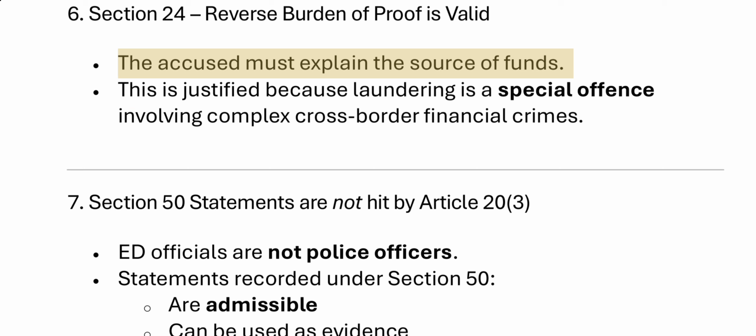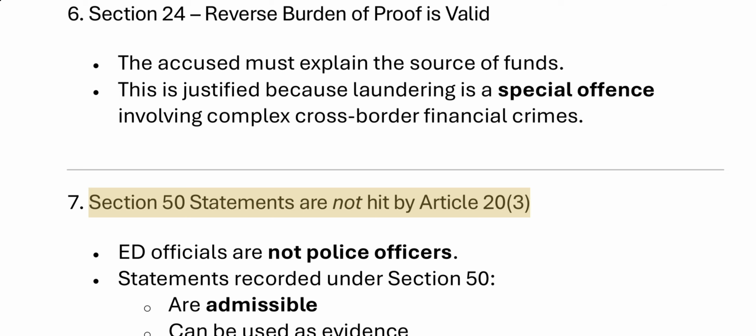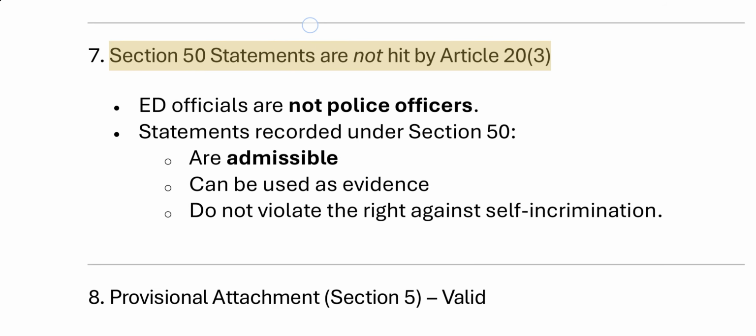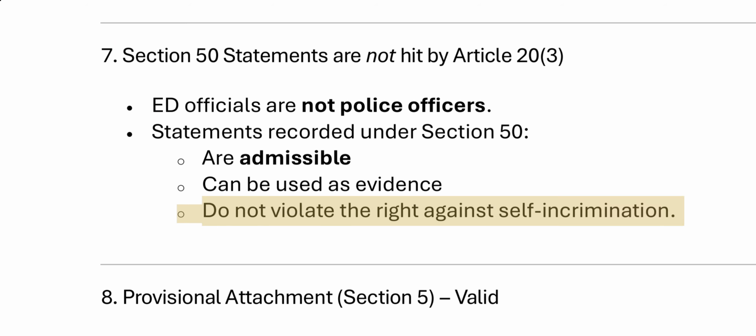The accused must explain the source of funds. This is justified because laundering is a special offense involving complex cross-border financial crimes. 7. Section 50 statements are not hit by Article 23. ED officials are not police officers. Statements recorded under Section 50 are admissible, can be used as evidence, and do not violate the right